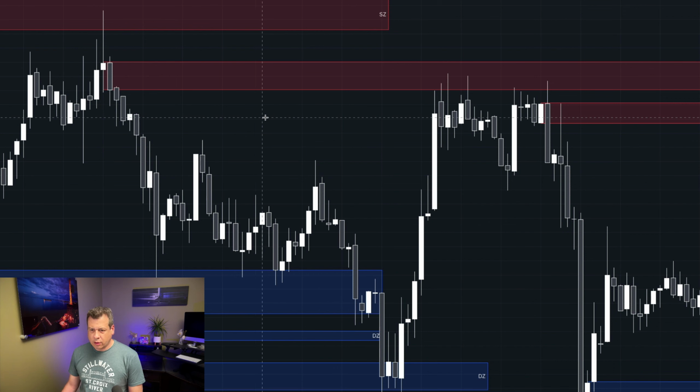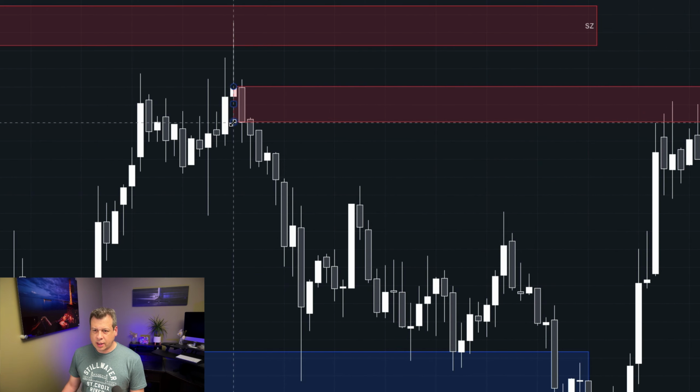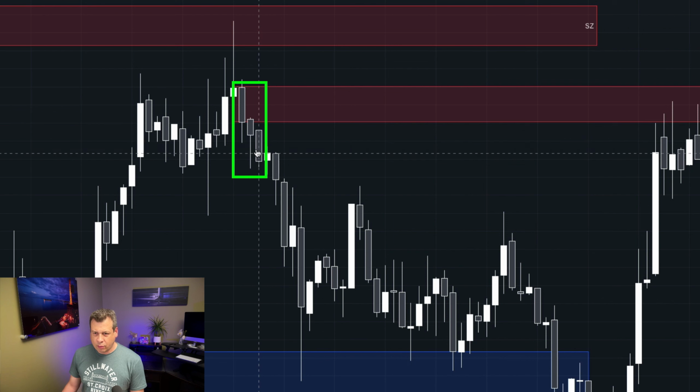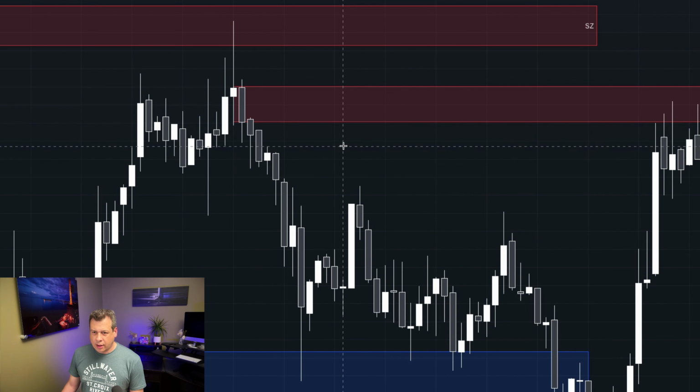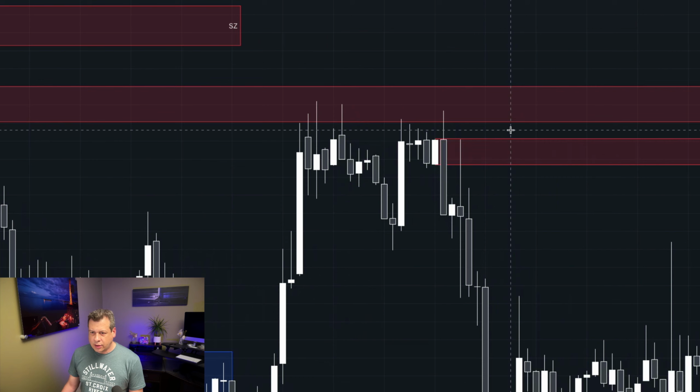So again, we want to look for a significant move. We want to look for the balanced areas. And this particular supply zone at the top, we had a small candle body. So in this case, I did end up using the wick. We didn't have a gap, but I still consider this to be a significant move because we had three down close candles in a row. And so I just line up the down close candle body, drag it across, and as you can see, it